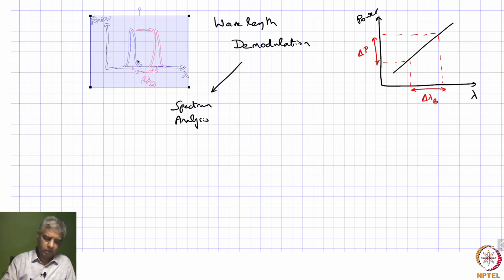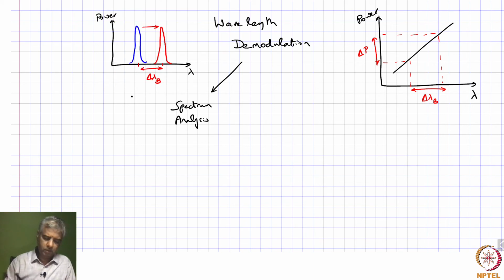So, let us keep this also in perspective. Okay. So, we want to achieve this. You can actually try to capture this entire spectrum, or the other way of looking at this is you are not really interested in the entire spectrum, or the shape of the spectrum. What you are interested in is how this Bragg wavelength is changing. So, that you may be able to pick up by